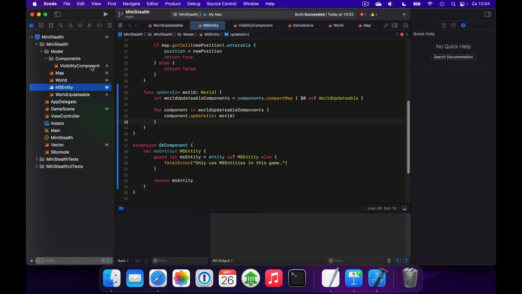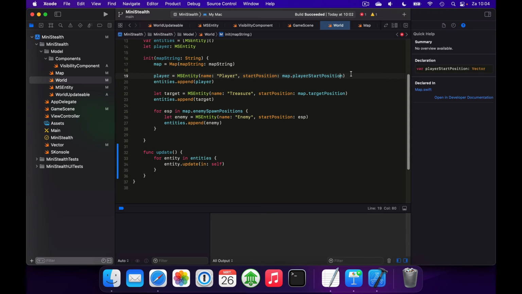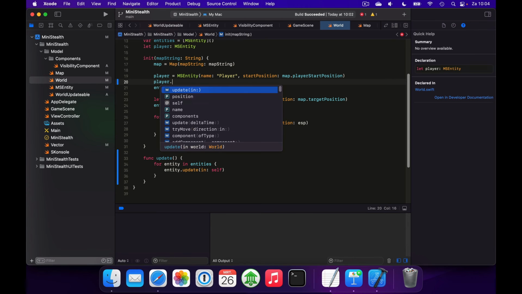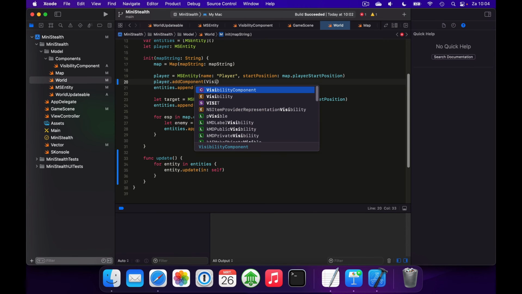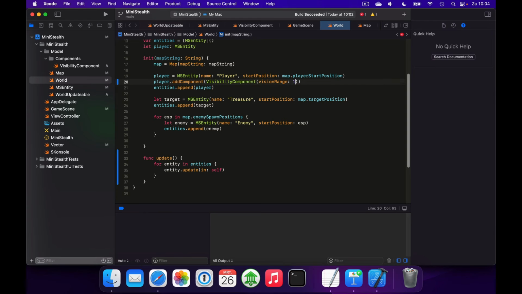We already implemented the visibility component. Now let's make sure that our player actually has a visibility component. So we'll add a component here called visibility component, with vision range, we'll give the vision range of 10. And if we run this,